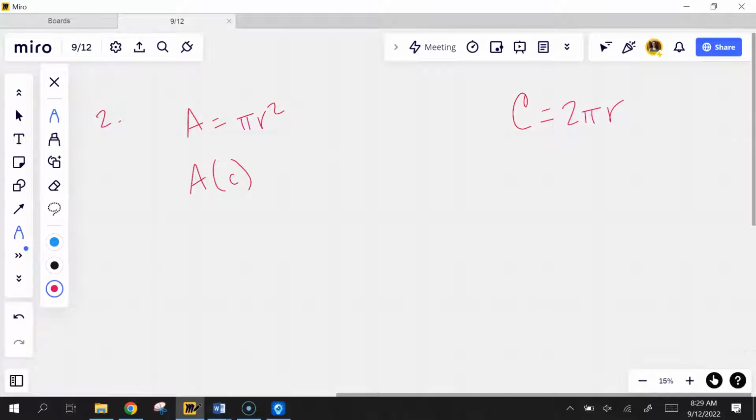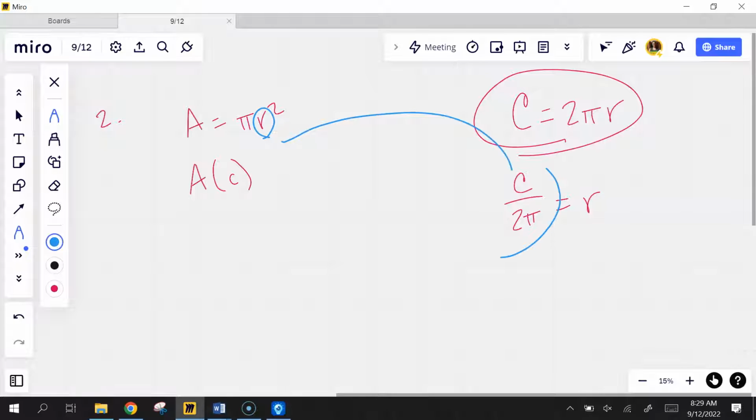So what I can do is solve this, and this is getting us ready for related rates. It's just doing it early. I can solve this for r, and then I can take that and plug it in this equation. So this would be c divided by 2 pi. And now I'm just going to replace this r with c over 2 pi. So I get pi times c over 2 pi, squared,